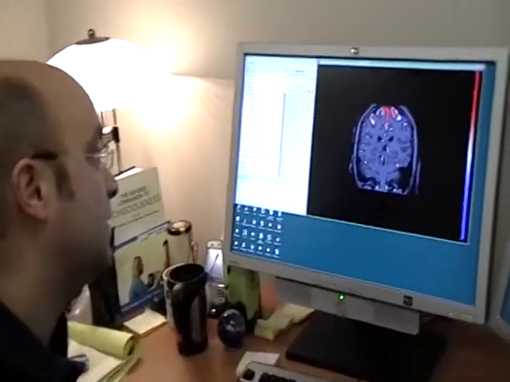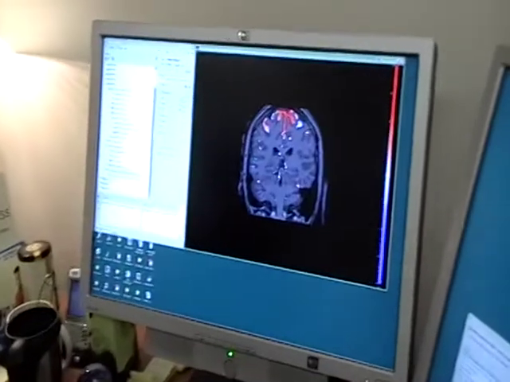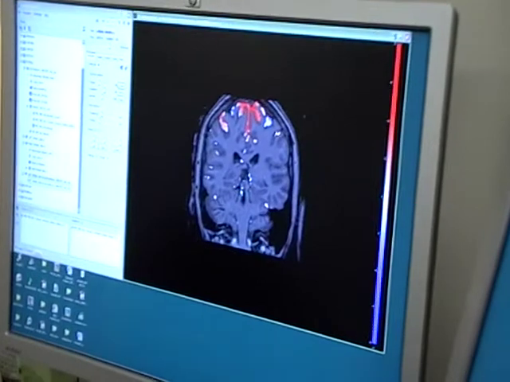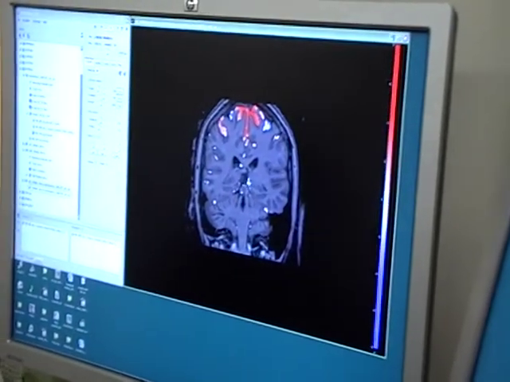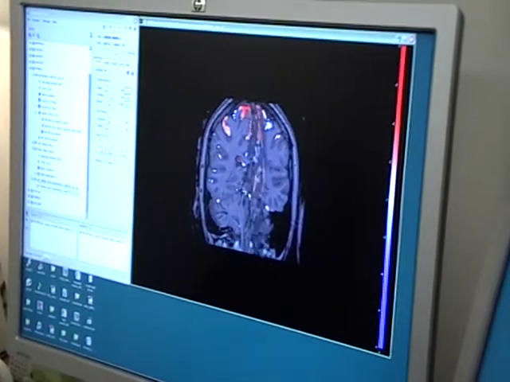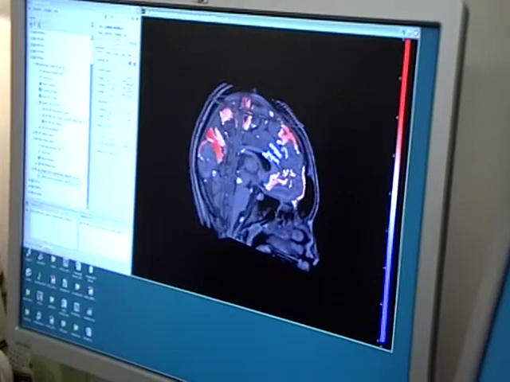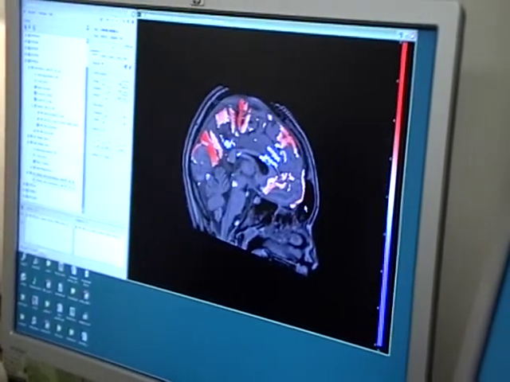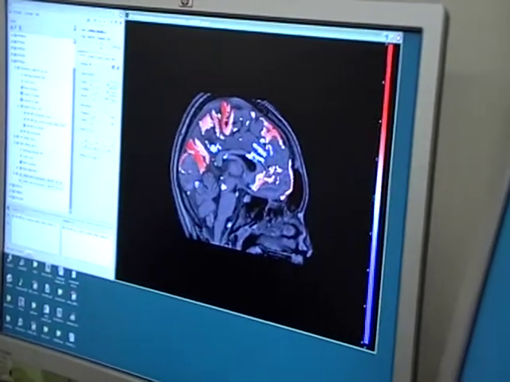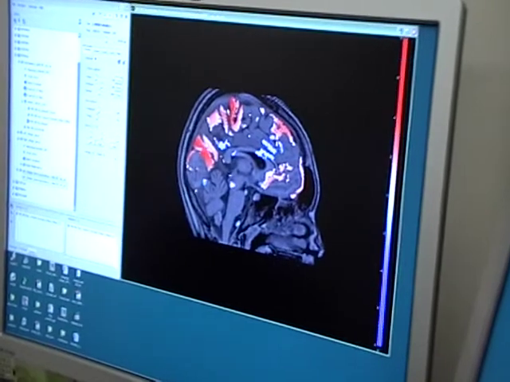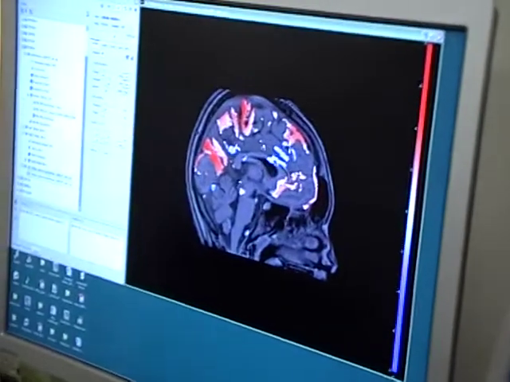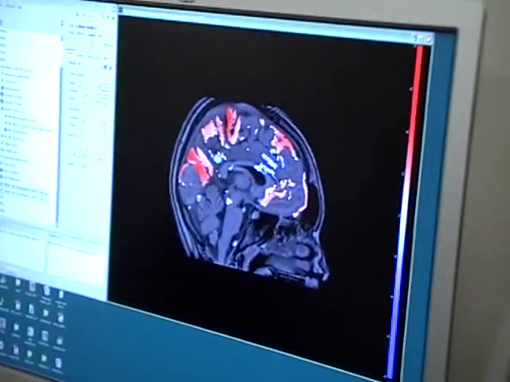Okay, so we've been testing this patient in the MEG, with some sensory motor activity that is elicited by the stimulation of her right hand. What you see in these different views is basically the MRI of the patient, and the colors represent two things. In red, you see the response that is basically normal to the stimulation and to the sensory motor activity. And in blue, you will be seeing some epileptic activity that is trying to compete basically with the